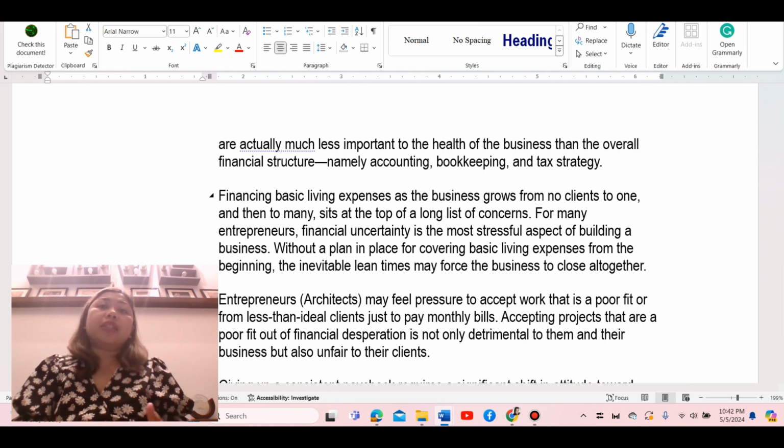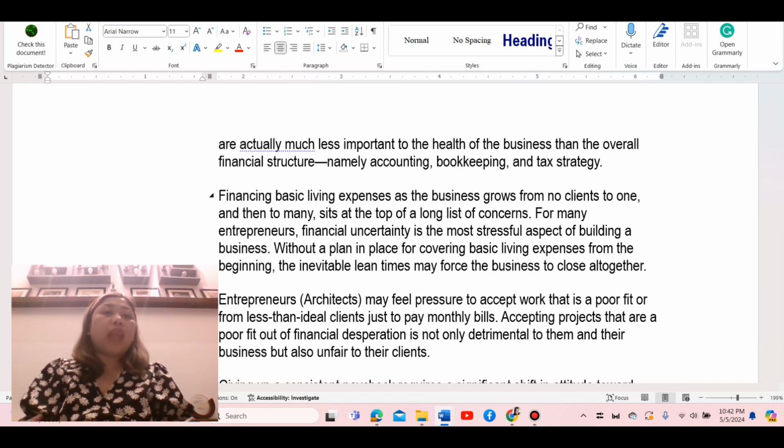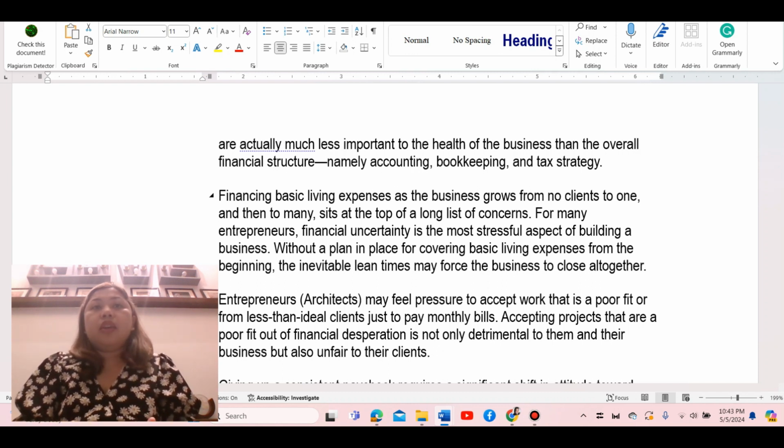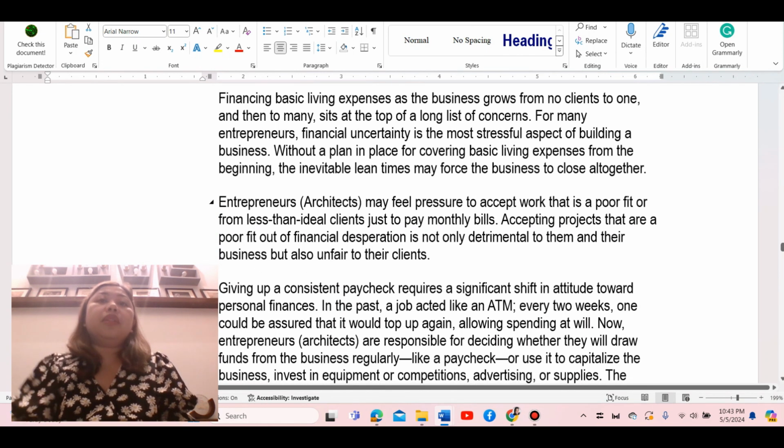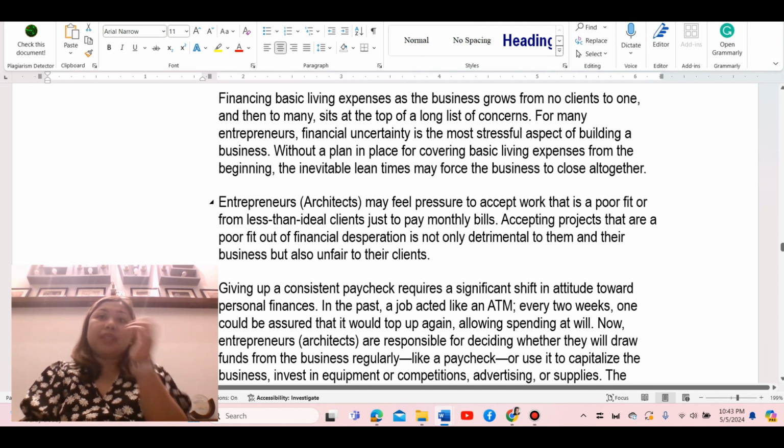Financing basic living expenses as the business grows from no clients to one and then to many sits at the top of a long list of concerns. For many entrepreneurs, financial uncertainty is the most stressful aspect of building a business. Without a plan in place for covering basic living expenses from the beginning, the inevitable lean times may force the business to close